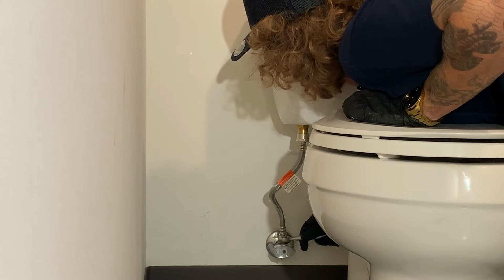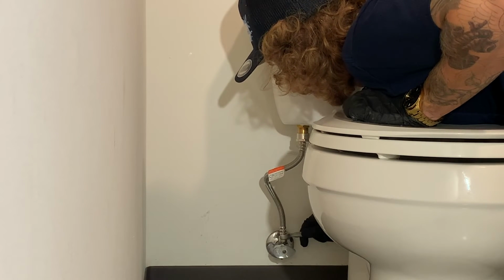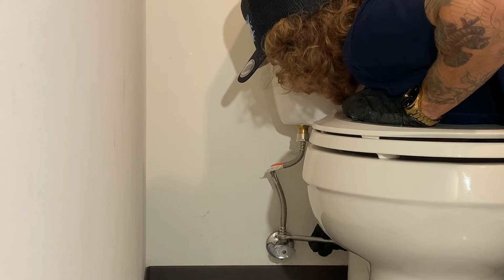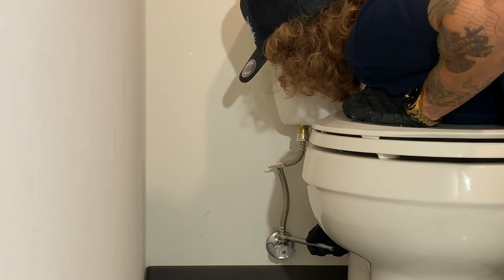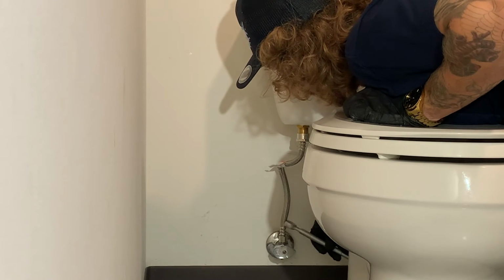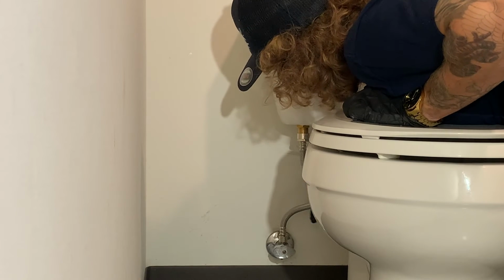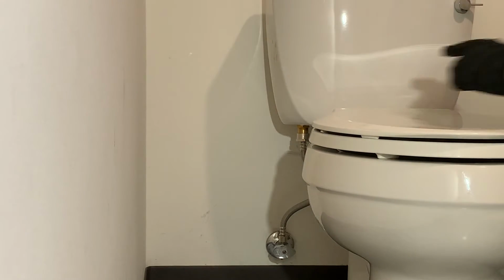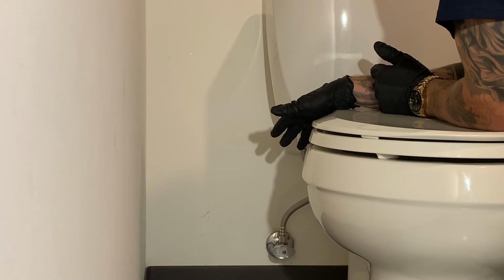So you'll get to the point where it starts to get a little bit of a struggle. That's probably pretty good. You can give it a nice little push, but you're not going to Hulk strength it on. So obviously it's going to have that little bend in it. That's totally fine. All right, so now that we have the new supply line on, we can go ahead and